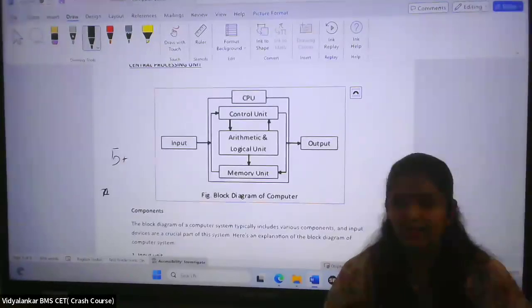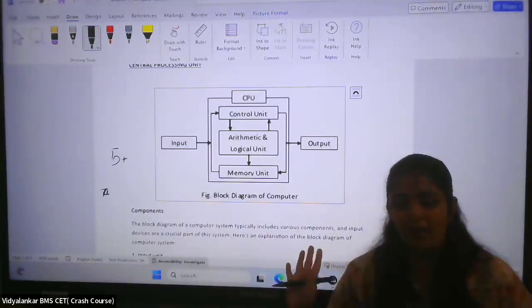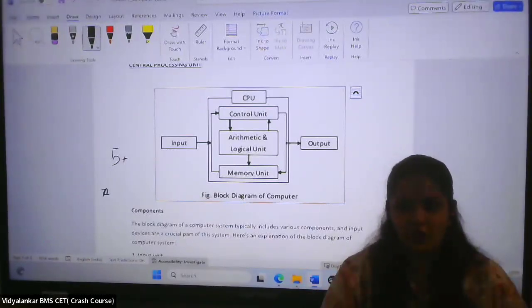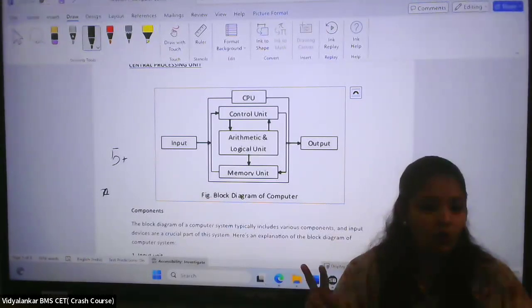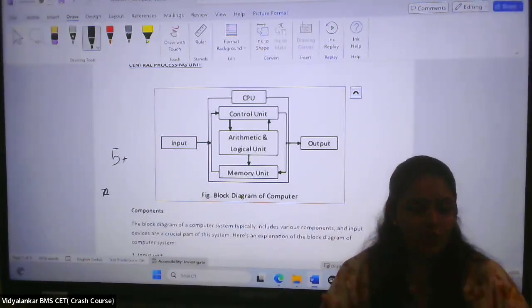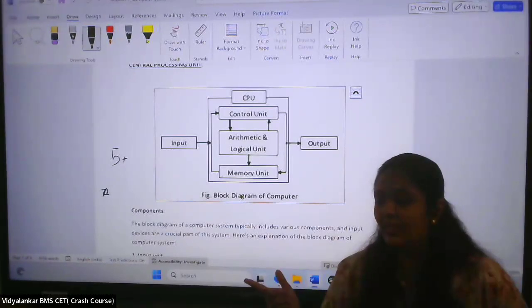Below that, probably the next line, not a part of this, but I wanted to write 3 words. Just write down fetch, F-E-T-C-H, fetch, decode, D-E-C-O-D-E, decode, and execute. Fetch, decode, execute. Online, I hope even you are writing fetch, decode, and execute.